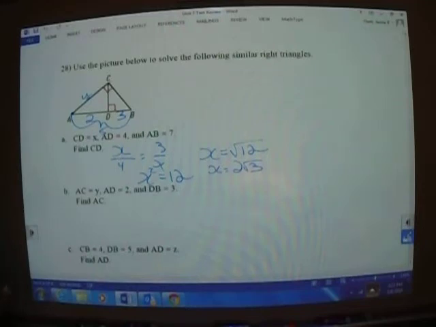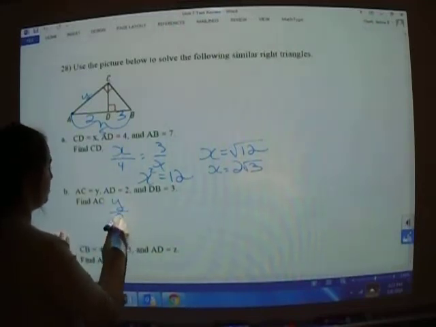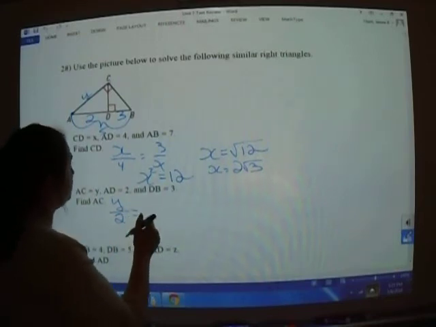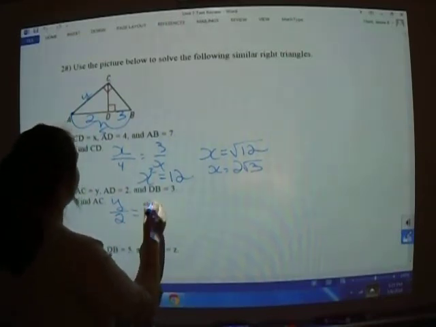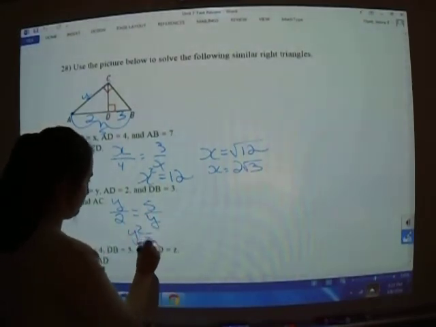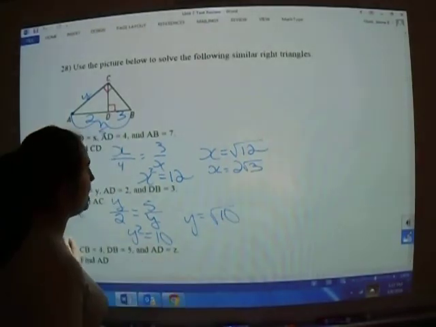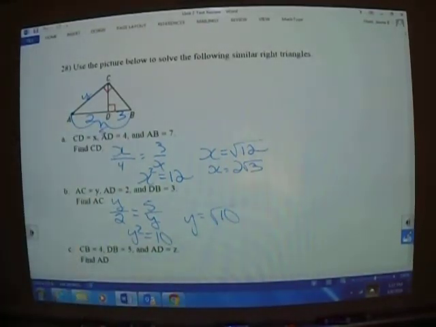So we have y over 2 equals 5 over y. So we get y squared equals 10. So y equals the square root of 10. And number C,